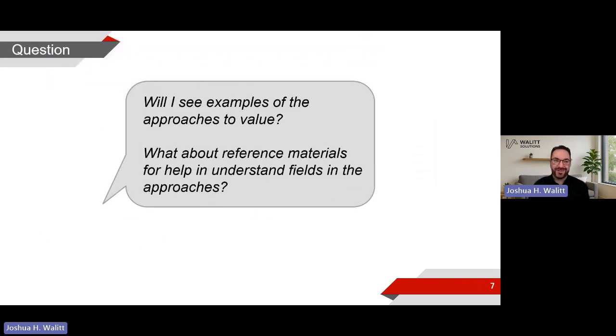Will I see examples of the approaches to value? Yes, you will see examples. We'll see them on the slide. We'll also go to the report samples and take a look at those, being able to scroll around. Maybe we can look at a few pages at once. You can get a real feel for how the layout is going to be. And we will also touch again on the reference materials that we looked at last time.